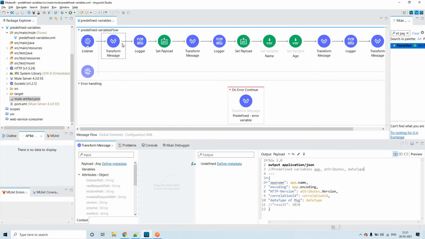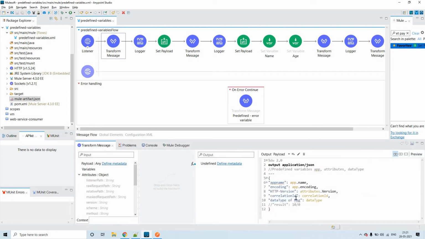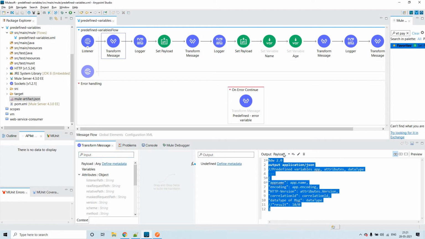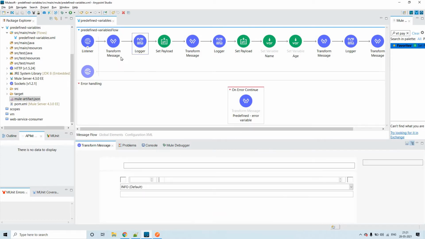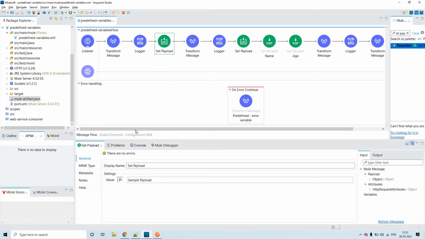Very next to this, I'm saving this whole thing into the payload, and that is what I'm printing by using this logger. In the same way, here I'm taking the payload value as sample payload.